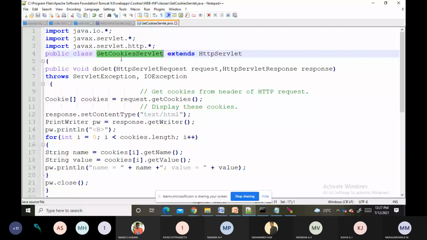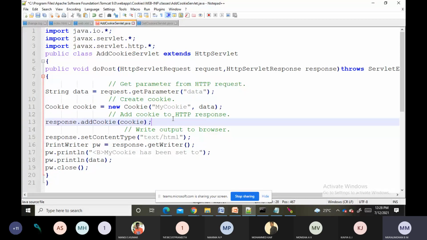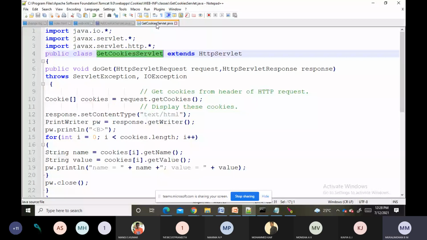Here we were adding the cookies to the HTTP response. Now we need to read the cookies from the HTTP request, from the header of the HTTP request. So for that, we will create an array type object, because there are a lot of cookies that can be read.